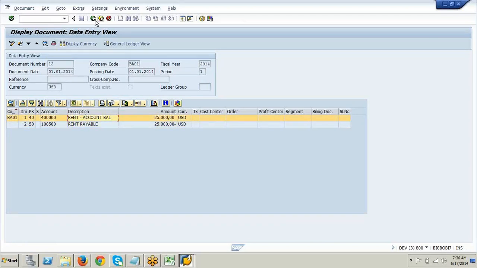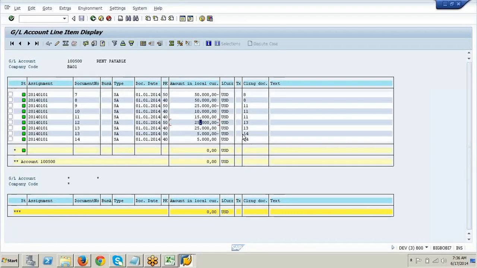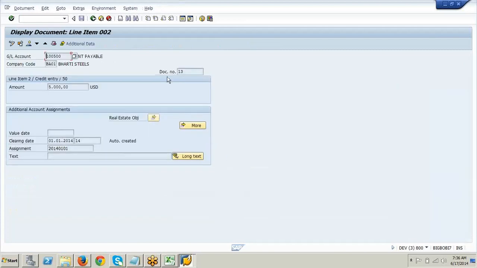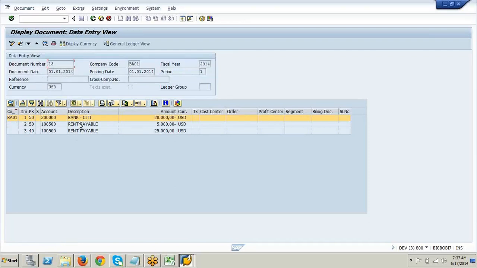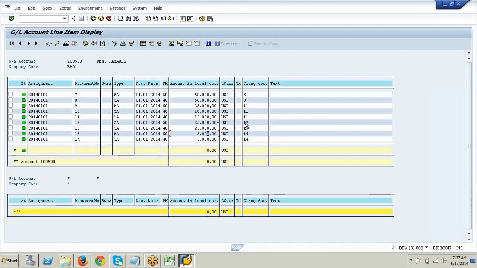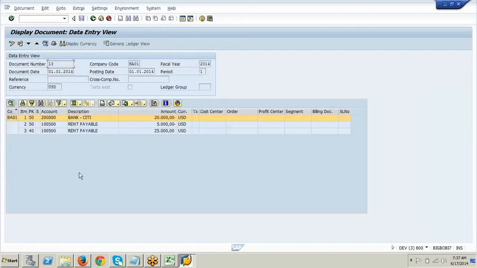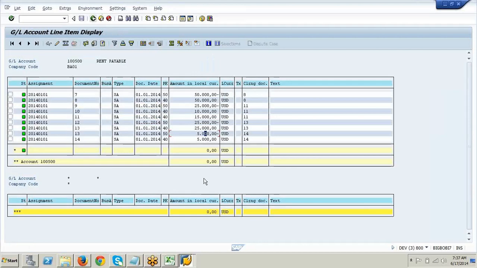Now let us see your document. What you are saying, 14. I double click on this 14. Credit side. This is rent payable. Cleared against what? Against the rent payable, right? Against this 13. See, you are telling this belongs to 13 now. We don't do it. You don't get confused on this. We transfer this to bad debts. Otherwise, what will happen? 30,000 he got, this 25, then 5, 13. This is wrong. So that's what I told you. We transfer it to bad debt. Just to show you that it creates a different document number, I just called up over here rather than showing it in the bad debt.